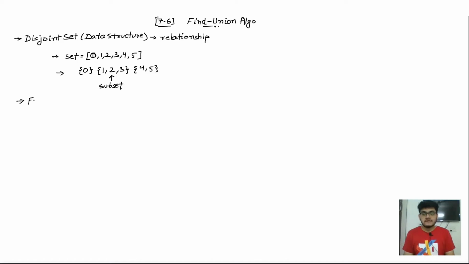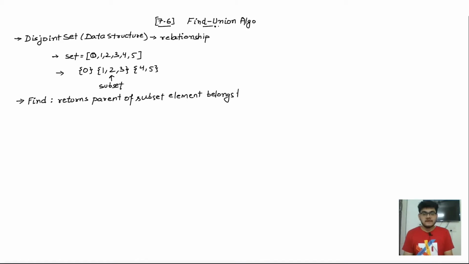The first one is the find operation, or the find function. What it does is it returns the parent of the subset the element belongs to, right? So let's suppose I want to find out which subset an element belongs to.